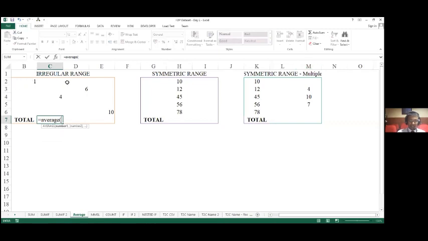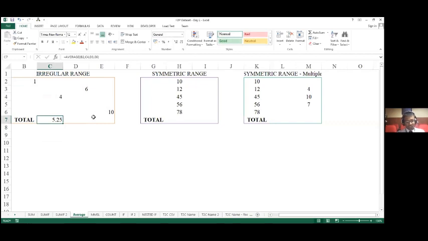In the first scenario, since it's an irregular range, I select the first value, comma, second value, comma, third value, comma, the last value, close bracket, press enter. Excel has given me the average of all these four entries.